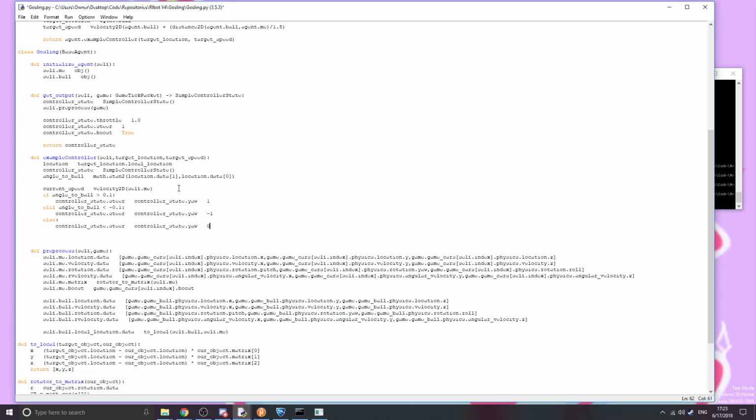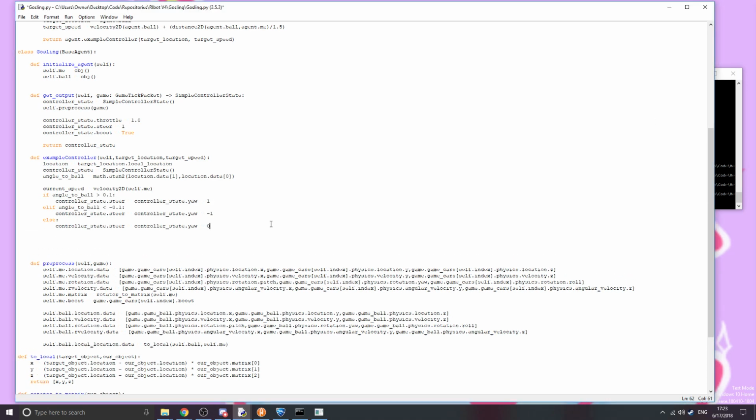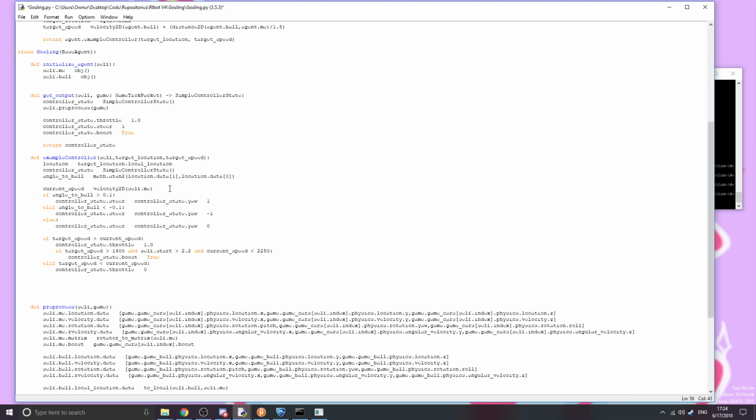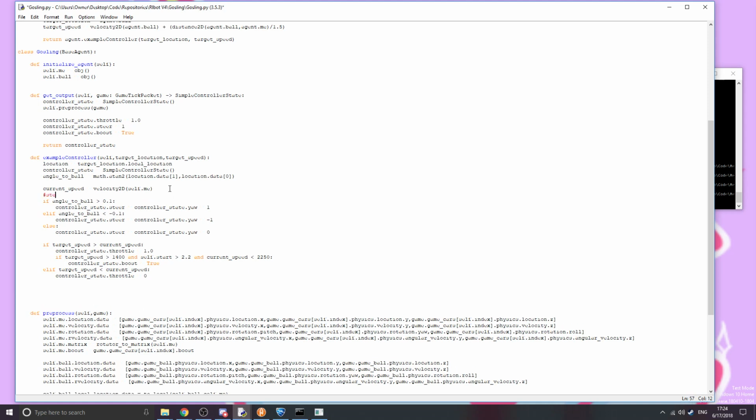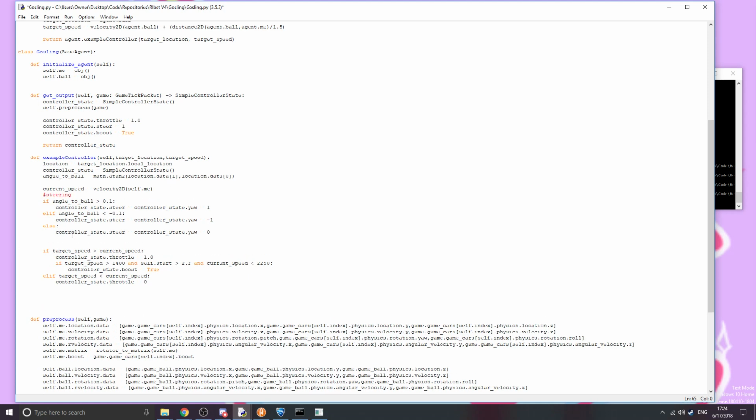I'm going to do a little bit of copy pasting here. This block of code here just says if our angle to the ball is greater than 0.1, we'll turn right. If it's less than 0.1, we'll turn left. Otherwise, we'll just go straight. We're going to refine this later on, but this is really just a quick and dirty, let's get the bot going. The next chunk of code here, in fact, actually, let me just separate these. This will be for steering. This will be for